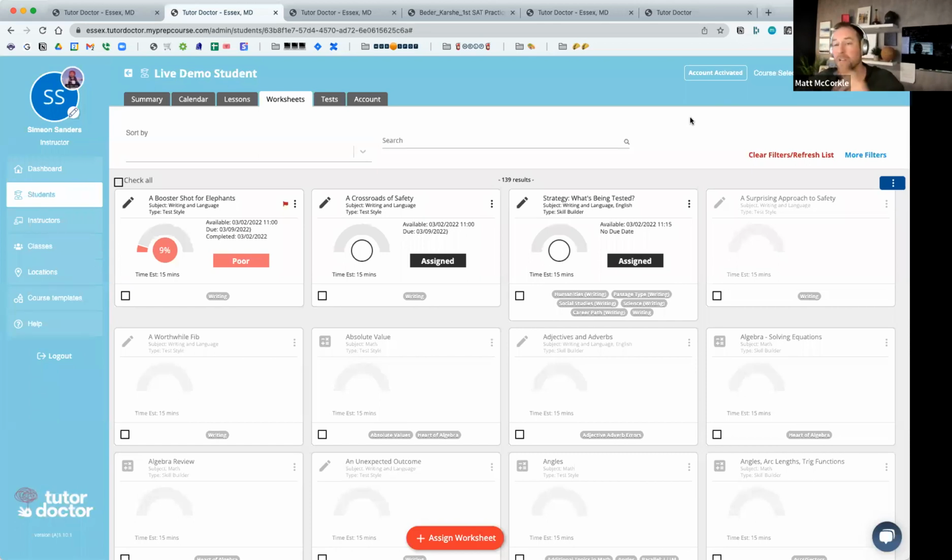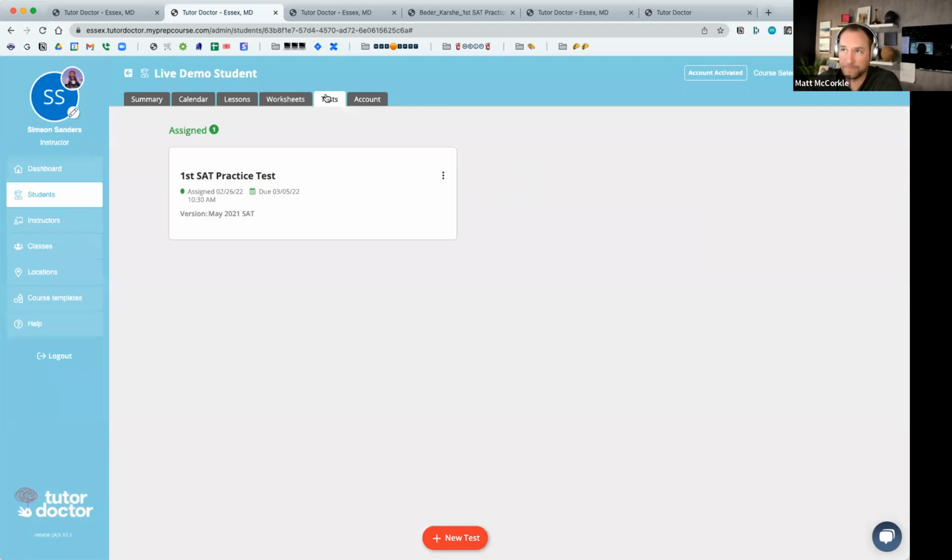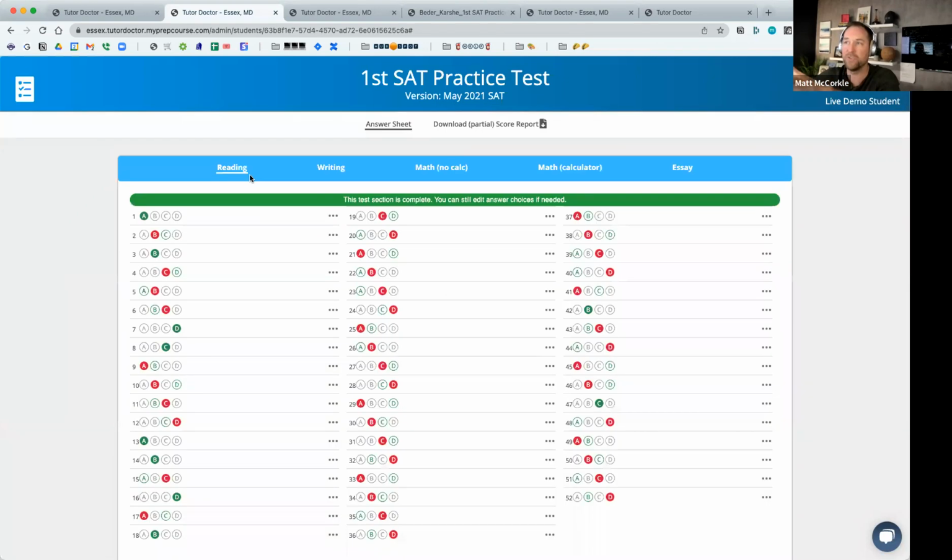teacher edition workbooks. Which reminds me of two really important things I need to stress really fast, and then I'll jump to the next question. You remember we assigned a test to this student. When the student logs in and when the instructor logs in, we don't see that test on the screen. For a variety of reasons, we don't show it on the screen. So the student's going to need a copy of that test in order to actually take it. That is done by providing either a PDF or a printed copy to the student, which